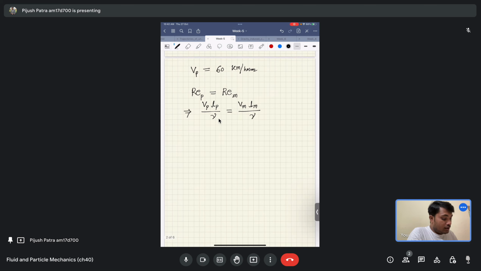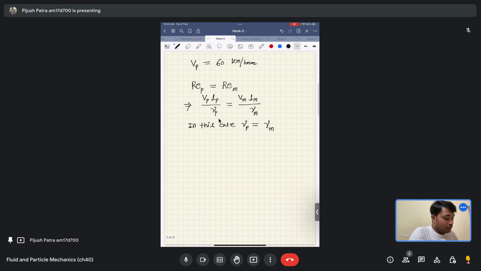So let me write it as the kinematic viscosity of the fluid when we are in case of actual prototype, and the kinematic viscosity of the fluid when we are testing for the model. But in this case kinematic viscosity, that is nu p is equal to nu m. Okay,